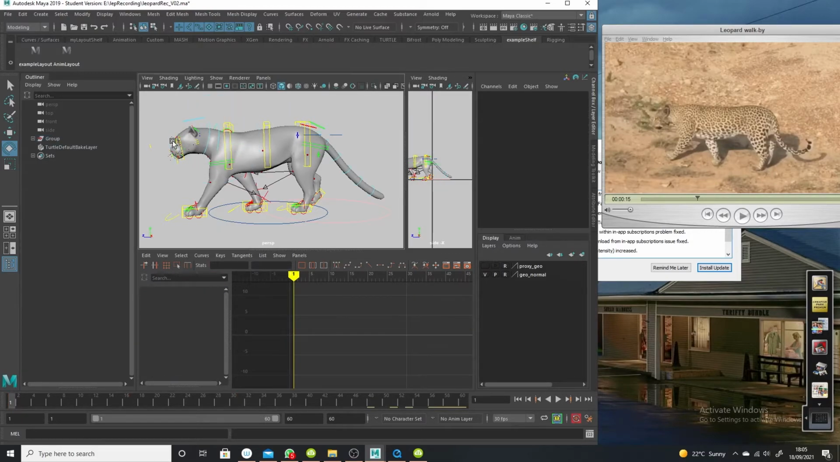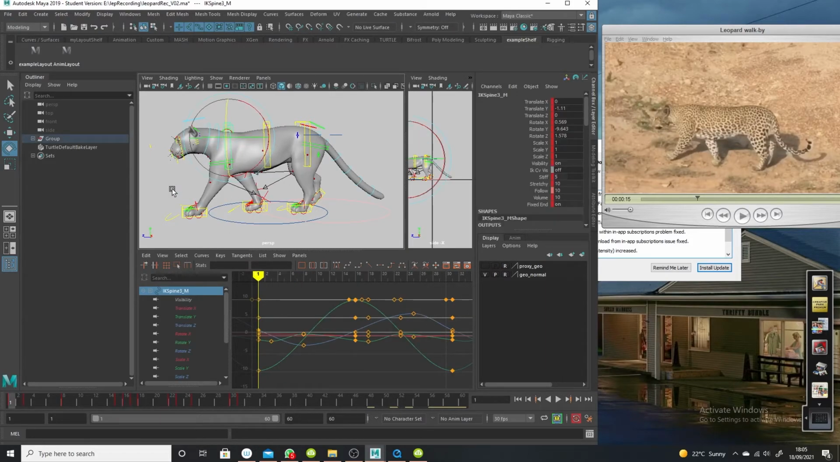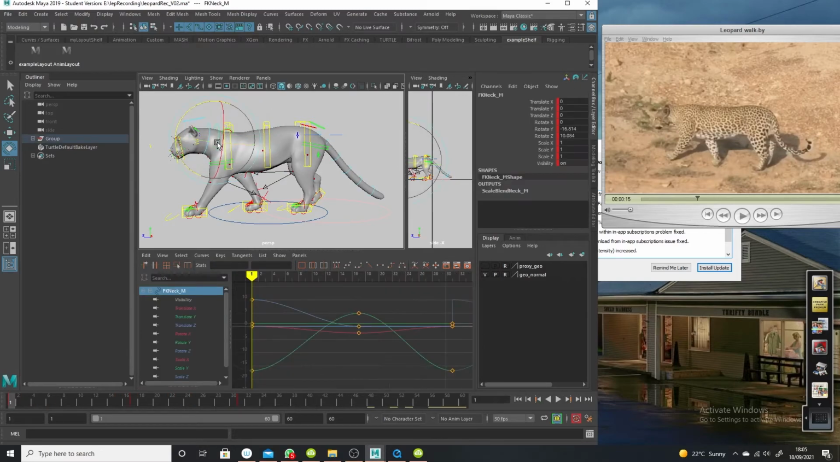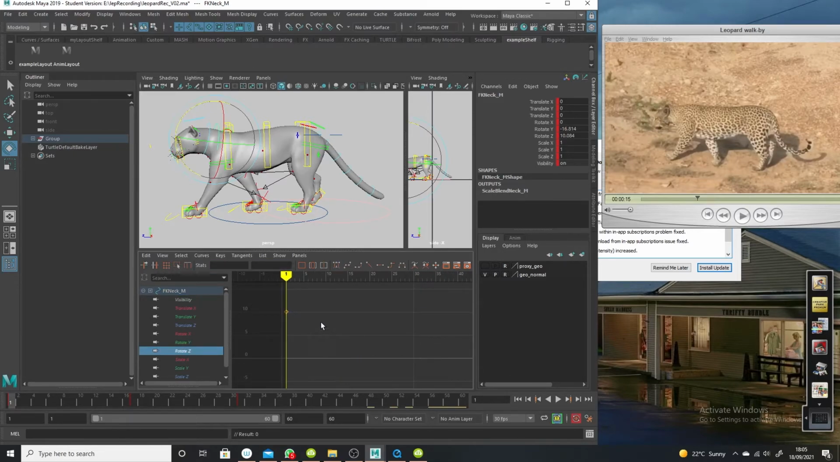Yeah, it's a bit more like this. And then basically the up and down motion of this, I'm going to copy this frame, edit, copy, and I'm going to put this on the Z rotation of this leopard. So I'm going to paste this on here. I'm just going to make sure the head's at the right bit, and that will give me